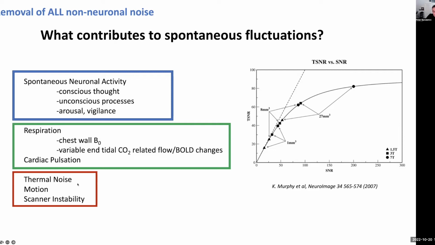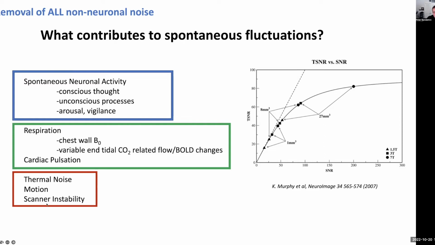It's a nice technique that was introduced about a year ago that seems to reduce thermal noise. And of course, there's motion, which could be considered part of the physiologic, and also scanner instability, which interestingly has become even larger as we push the limits of resolution. There's more instabilities as we push, there's more ghosting, there's different types of ghosting, there's eddy currents, and all these